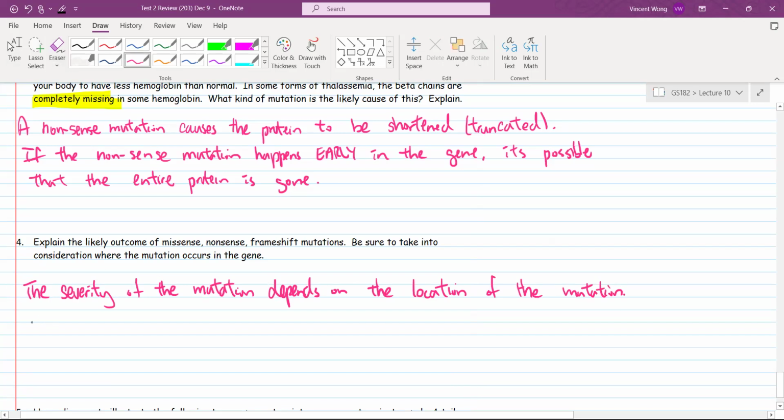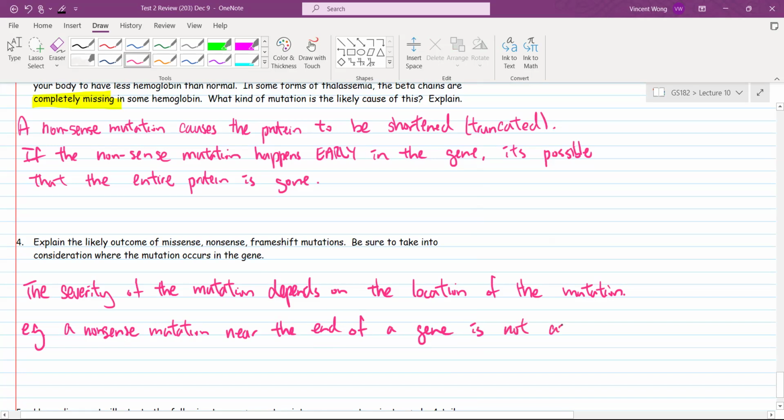I'm just going to give you a couple of examples and you can think about the rest. For example, a nonsense mutation near the end of a gene